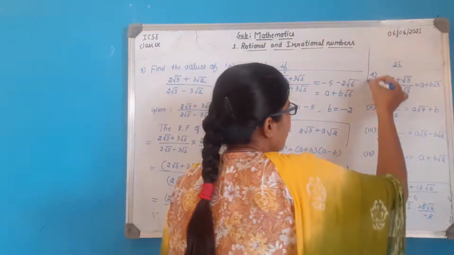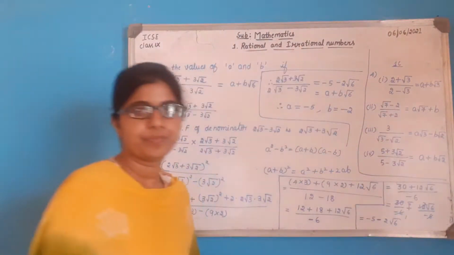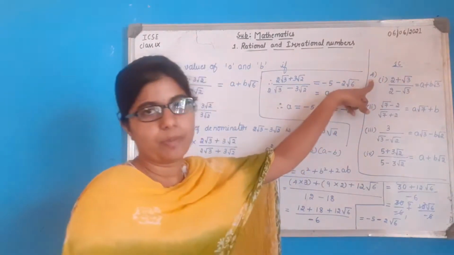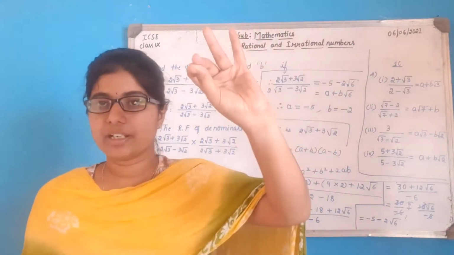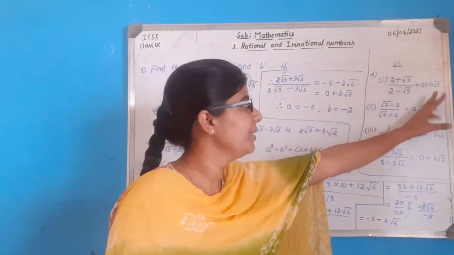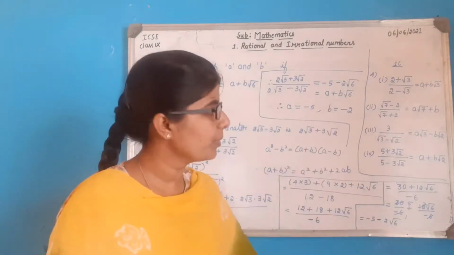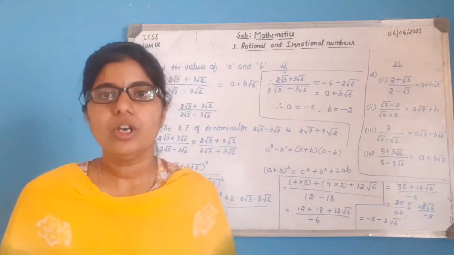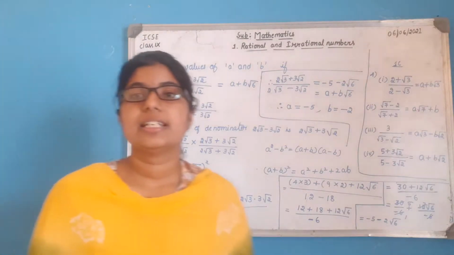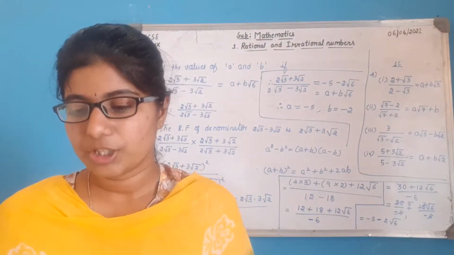And this is about how to find the a value and b value. Now observe your exercise 1C, fourth problem. First, second, third problems are complete. For the fourth, you have to find the a value and b value by solving problems like this only. These 4 problems are also done in the same way. You can find the values of a and b by using the rationalizing the denominator concept. So this is about today's session.